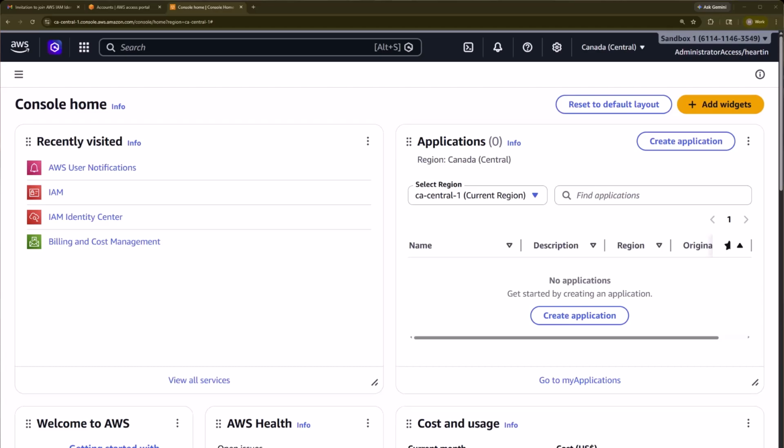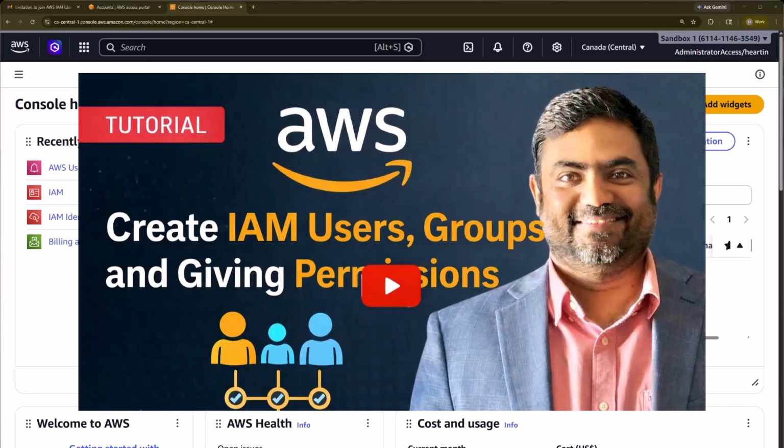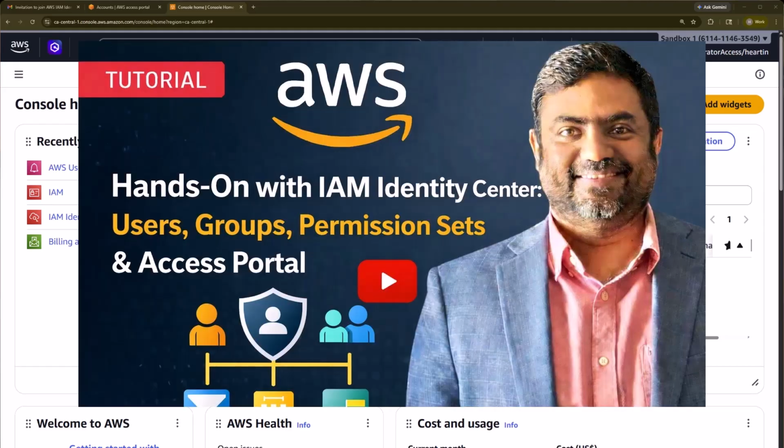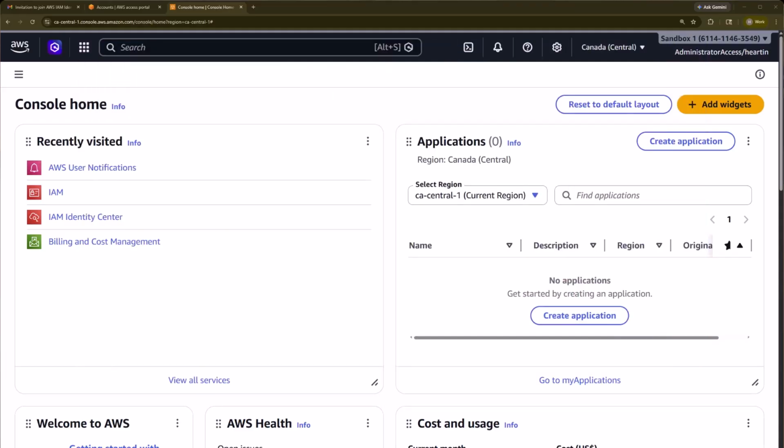user. We saw how to log in as an IAM user in the session Create IAM Users, Groups and Giving Permissions in AWS. We also saw how to log in as an IAM Identity Center user in the session Hands-on with IAM Identity Center, Users, Groups, Permission Sets and Access Portal. In this discussion, we will walk through the different sections of the AWS Console Home, understand what each part does, and learn how it helps us navigate and manage our cloud environment efficiently. By the end of this walkthrough, you should feel comfortable understanding the layout of the console and how to move